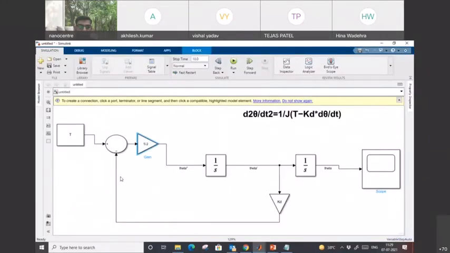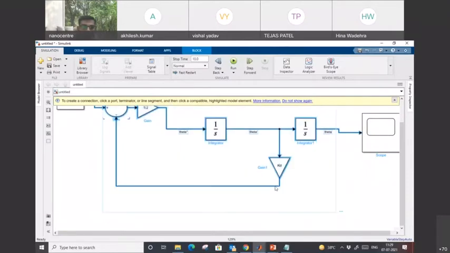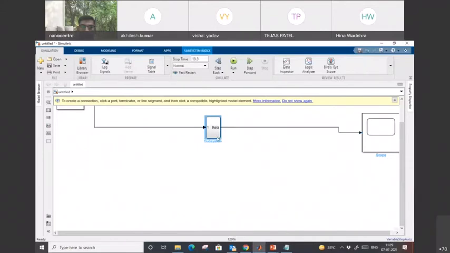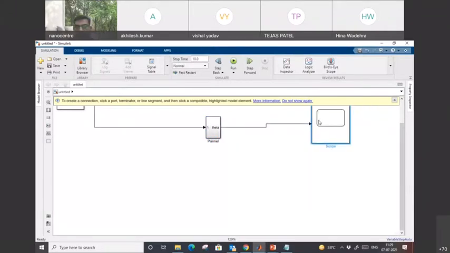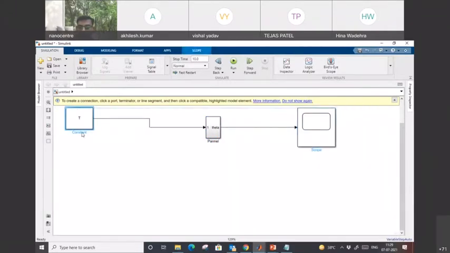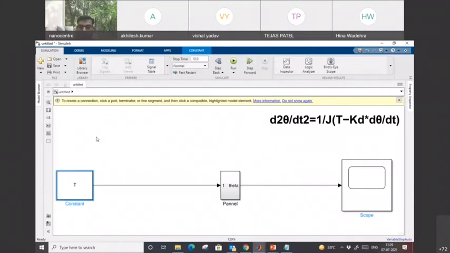Okay, now this is my panel. So what I can do, simply I will select that, and here I can create the subsystem, and I can name this. This is my panel. Perfect. So we have designed the panel, and you see how fast we can design in the simulation. Now the next part is testing of this panel, right? So torque is my input which I am providing from the motor. So next step is to design the motor, right?